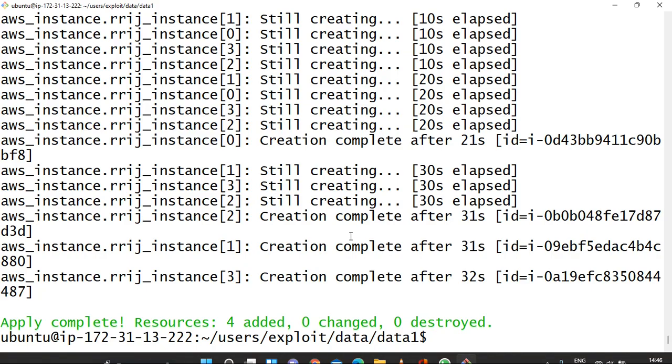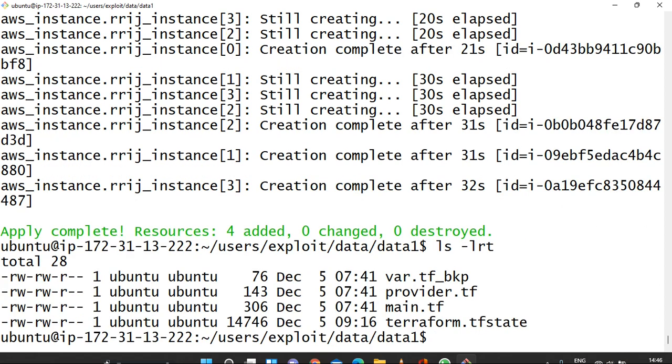And guys, how to destroy, how to delete, how to terminate all these instances? For that the command will be terraform destroy.